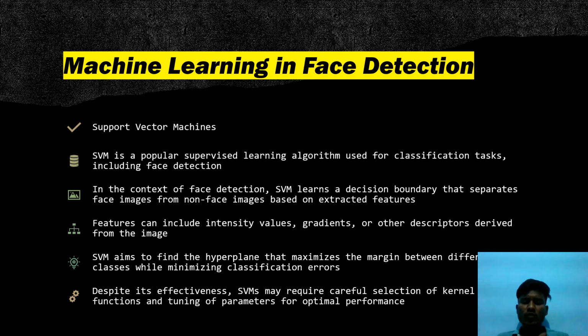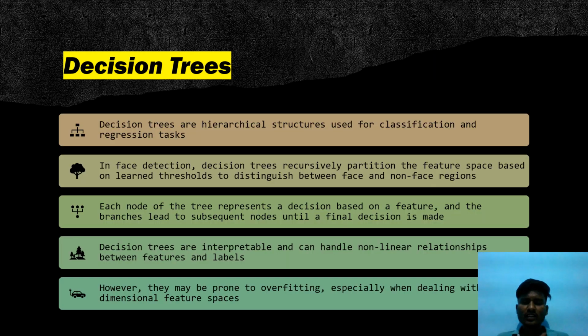SVM aims to find the hyperplane that maximizes the margin between different classes while minimizing the classification errors. Decision trees. Decision trees are hierarchical structures used for classification and regression tasks. In face detection, decision trees recursively partition the feature space based on learned thresholds to distinguish between face and